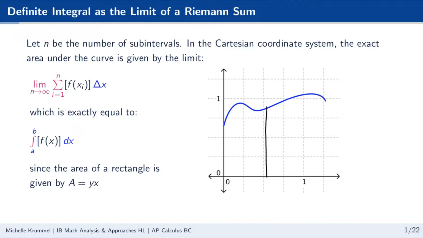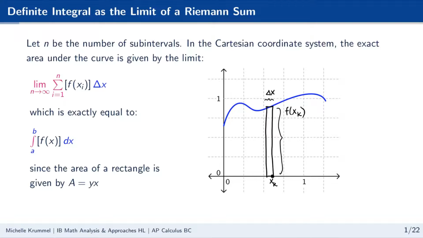So to set up the formula, we're basically finding the area of a single rectangle, which would be, of course, the height of the rectangle times the width of the rectangle. The width is represented by delta x, and the height of that rectangle is just the function f of x at the kth x value. So we'll say this is the kth x value, and the height of this rectangle would be f of x sub k, like so. So the area of the rectangle would be f of x sub k delta x,